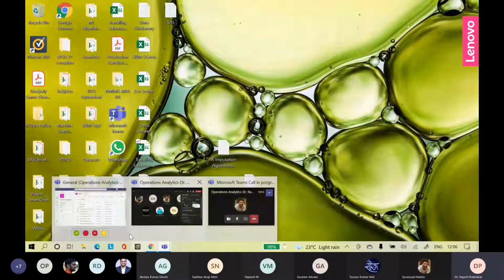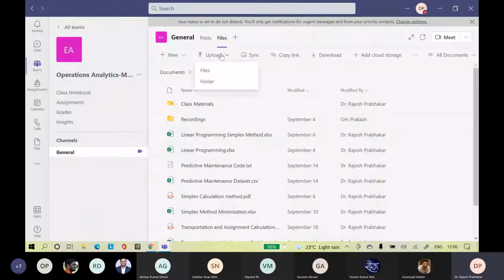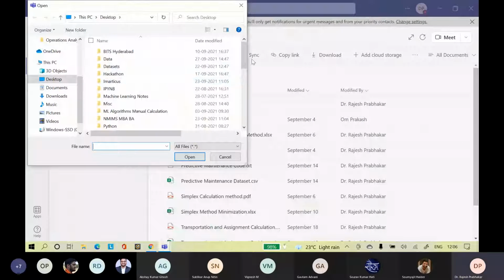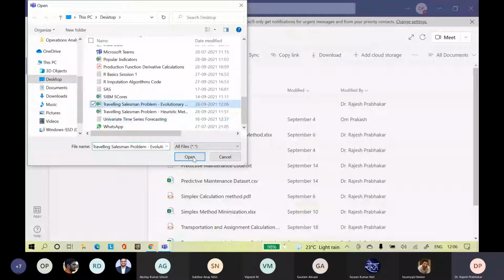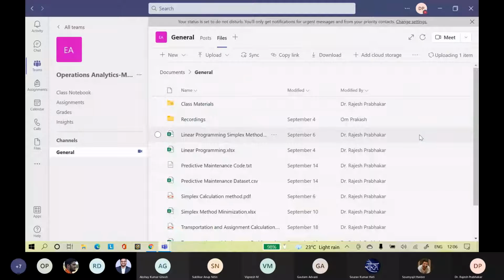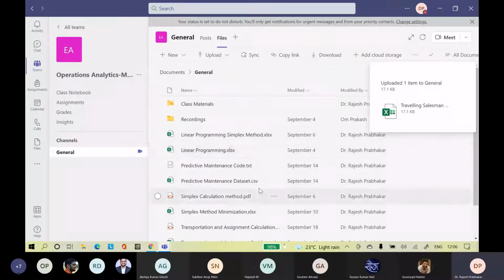I'll upload the latest file in chat folder. Replace the file. You can take it from there.